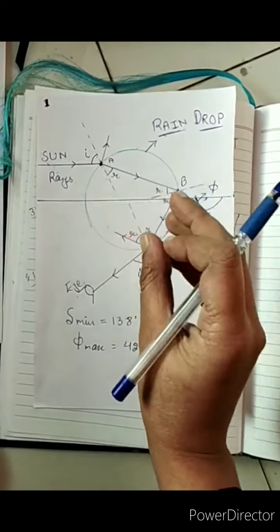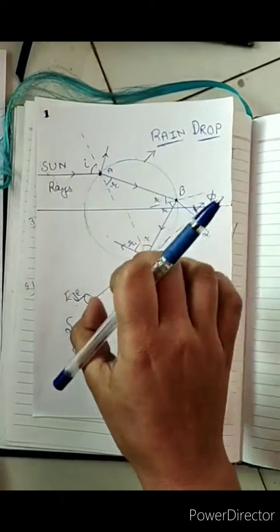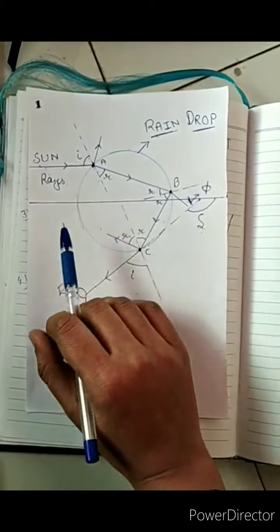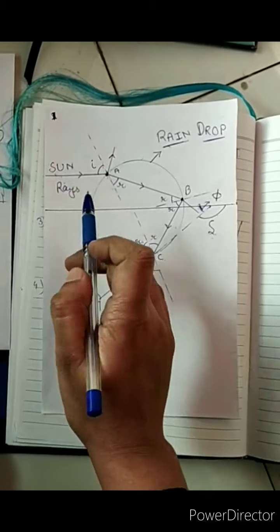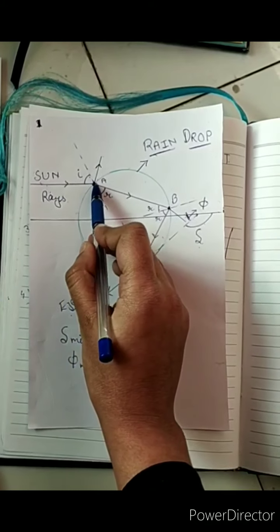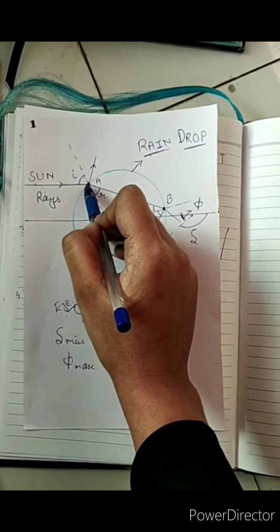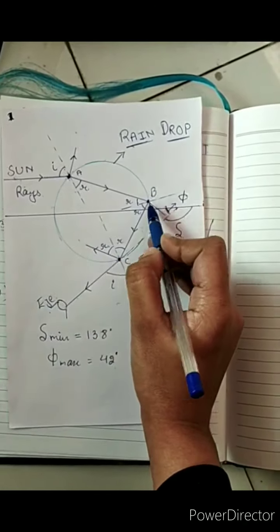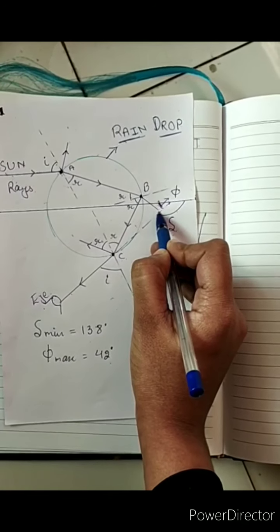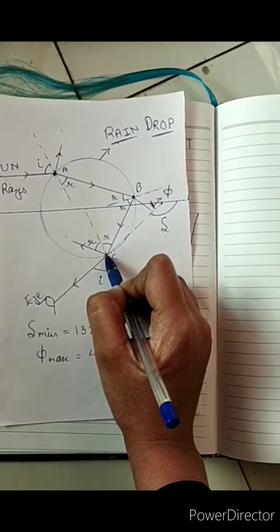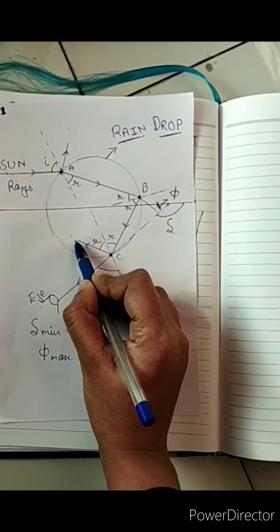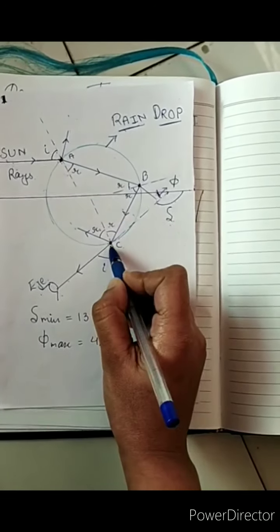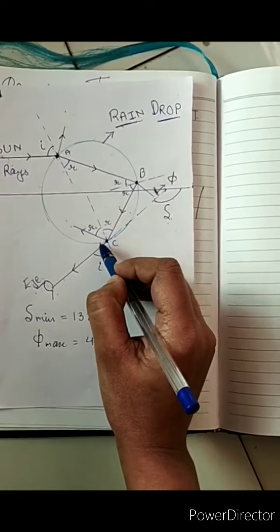So friends, raindrop size is very small of course, but since I want to explain the whole phenomenon, I have taken this raindrop quite large. This is our raindrop, and let's say the sun is at the horizon. So the sun ray is here, and when it strikes at point A, some light will be reflected and some light will be refracted. At point B, some light will be refracted and some will be reflected. At point C, there will be reflection and then you will get your refracted light. So after two internal reflections, at point C, you will get your rainbow.